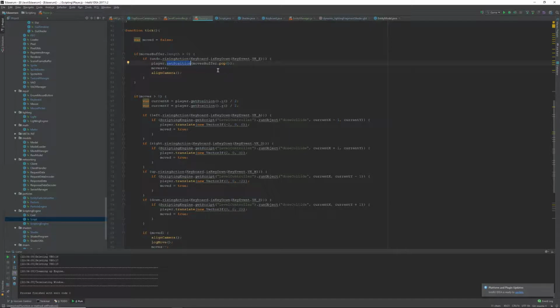So I want to translate it because I want to maintain the pointer. I want to translate it by the delta of the previous position. I don't know if it's min or minus the vector property. Let's go to,